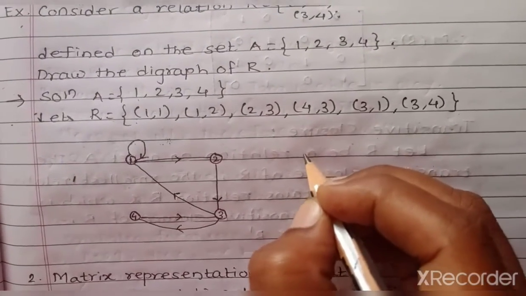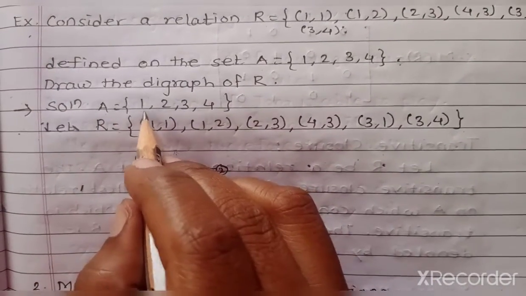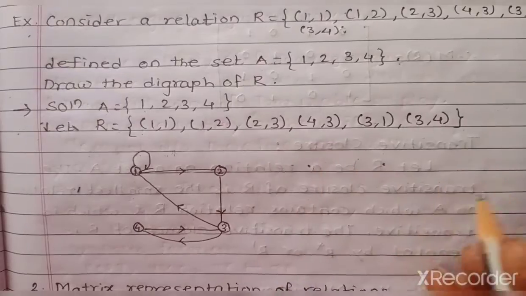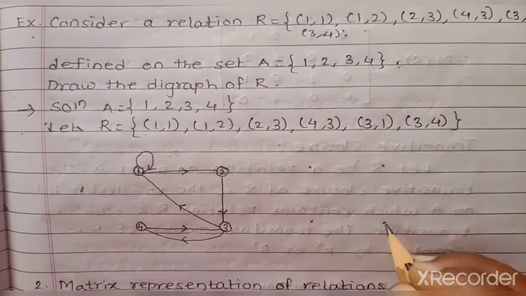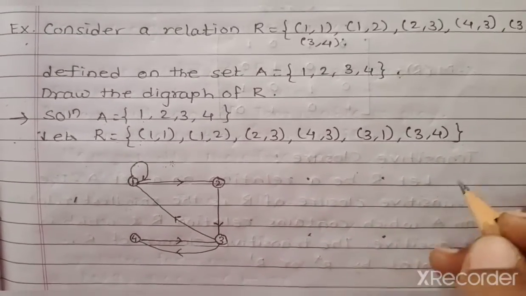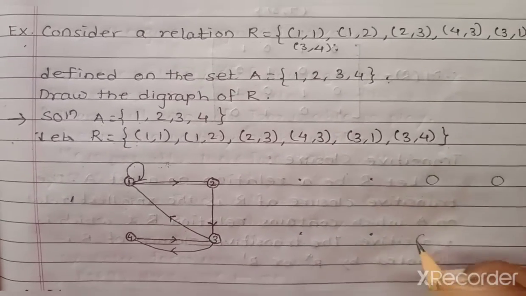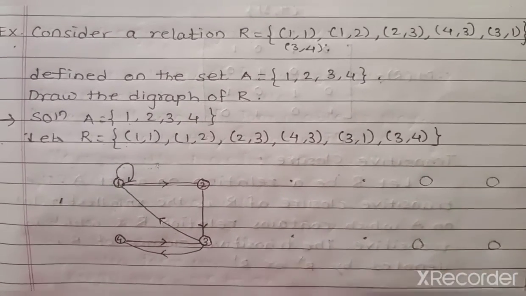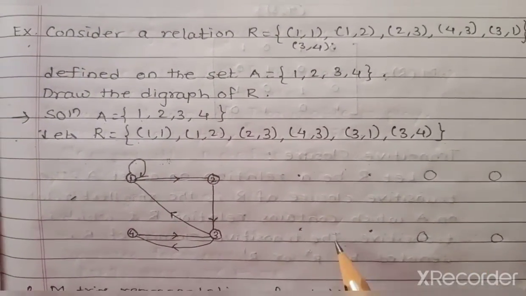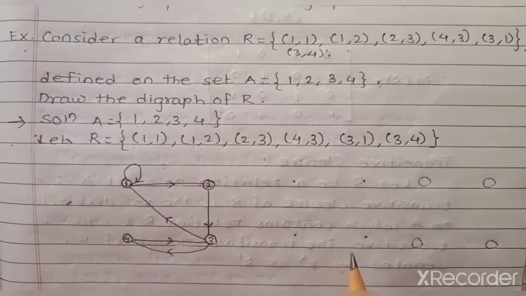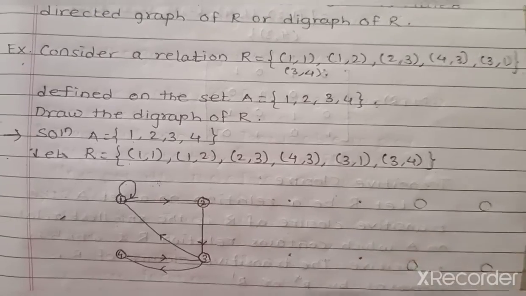In some books they prefer a dot for each element of set A, which contains the elements 1, 2, 3 and 4. So we need to plot four dots, or maybe draw small circles in this manner. Both ways are used, either this one or this one. It is not necessary to plot both. Suppose we consider this one.